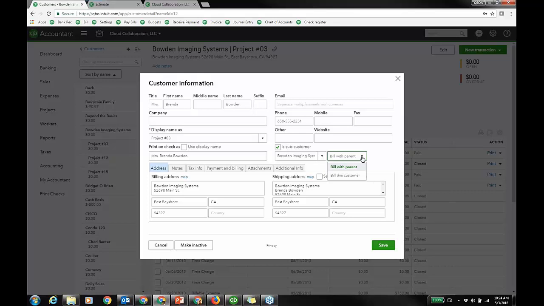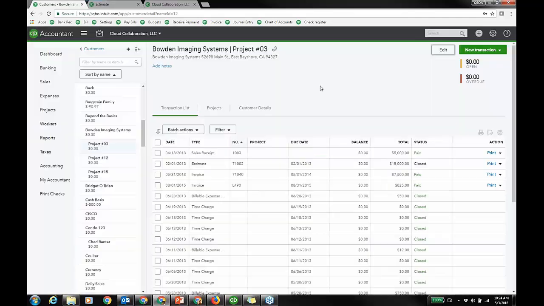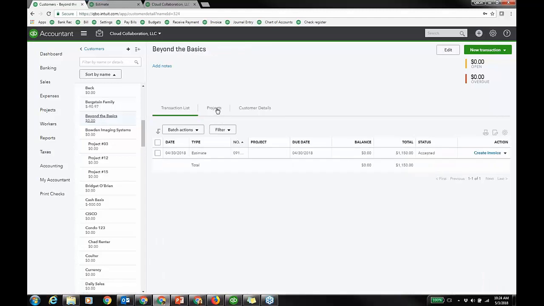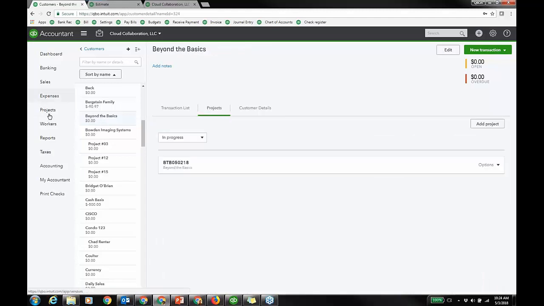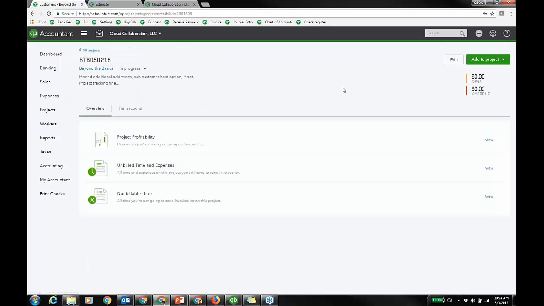You know, particularly use sub-customer when you need the separate address and more detail and information. Now, project tracking, if I go back to Beyond the Basics and drill into this project, again, you'll see project over on the left between expenses and workers, right? Project tracking is you don't need as much detail, and we were already in here first, and again, it's just my project center, okay? So that's really the only difference. Other than that, they're going to behave the same. They're going to look the same on reports as well. It's going to be parent colon child relationship,